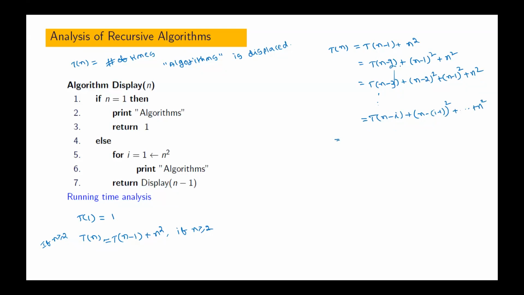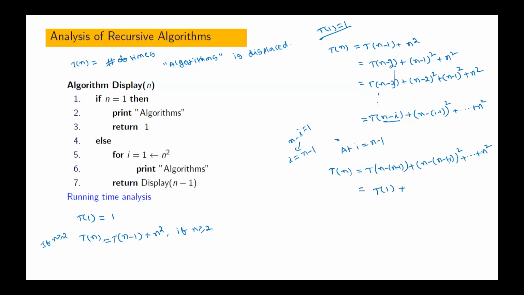Okay, this is only recurrence relation solving. Now you can please practice how to solve recurrence relations. But what is the value we know as initial conditions? T of 1 is 1. How to get 1 here? N minus i equal to 1, that implies i equal to n minus 1. So at i equal to n minus 1, what do we get? T of n is T of n minus 1 plus n minus 1 minus 1 whole square plus, on this, 1 up to n square, which is nothing but T of 1